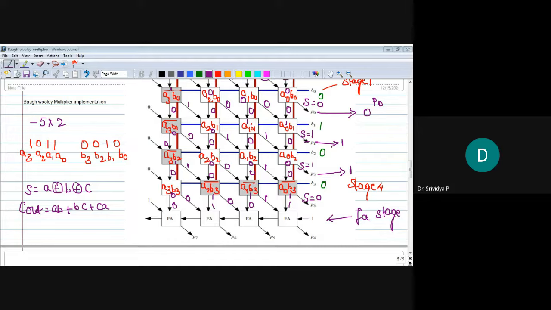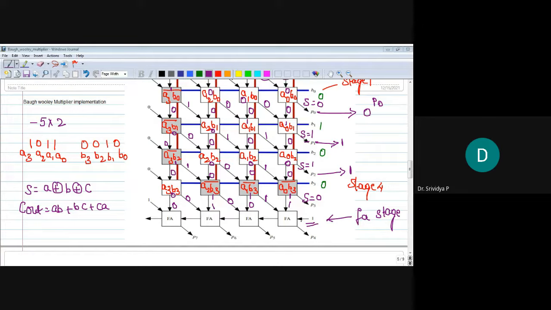Know the difference between gray cell, white cell and a full adder. Gray cell has a NAND gate and a full adder. White cell has an AND gate and a full adder. And this last stage is a full adder stage alone. Now, what we do, the input given to this is 1, 1 and a 1. The LSB bit full adder will always get the input carry input as 1.